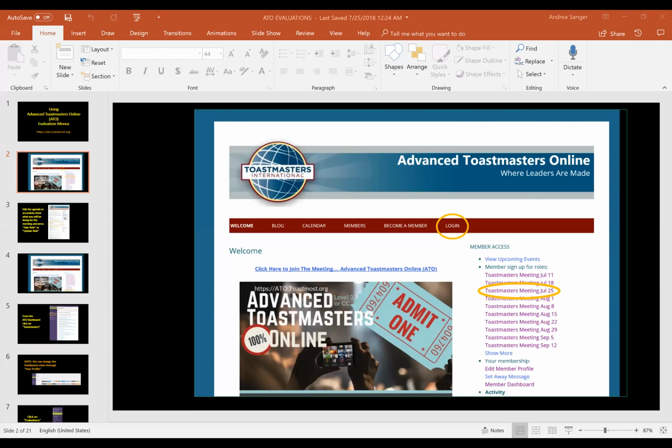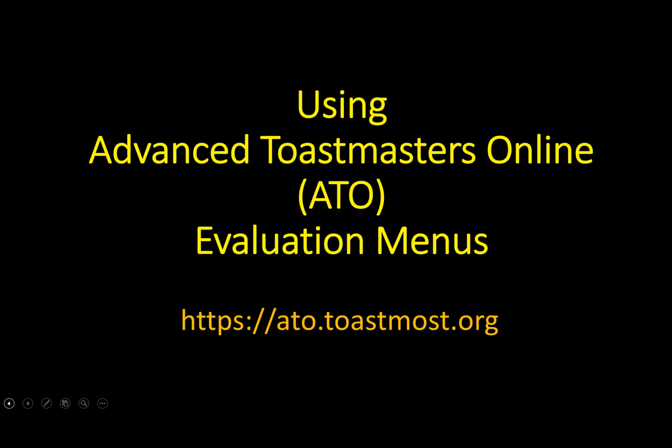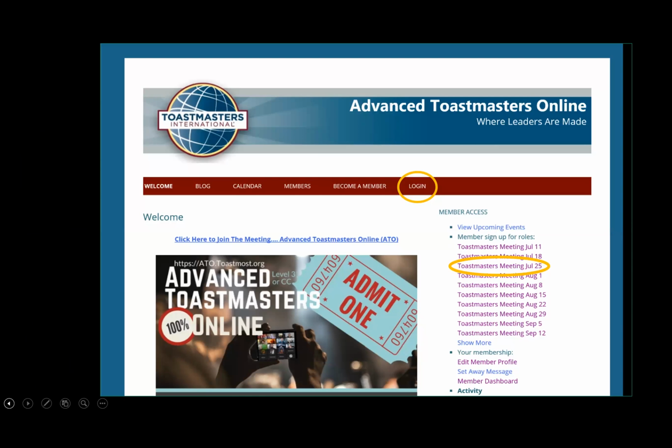Okay, so when you first get into the screen, you'll see the log on button, which is right here. You can log in at that point. Actually, I like to go into the agenda for the day first when we're working on our evaluations. Choose the evaluation for the day, whichever one it is that you want, and then you will come up